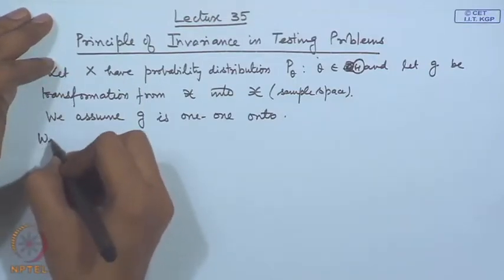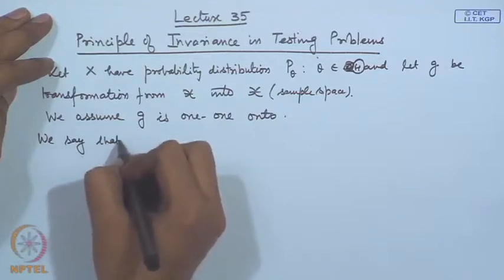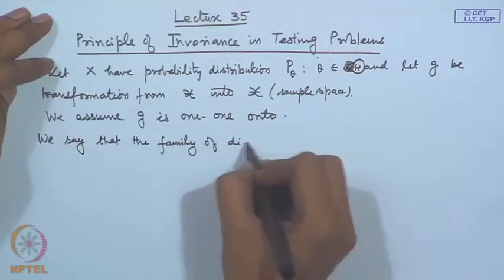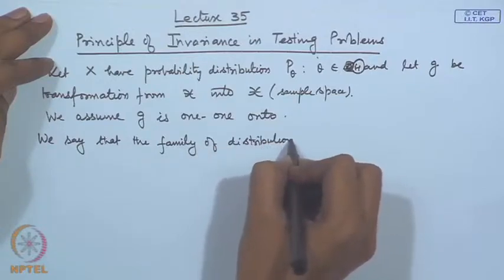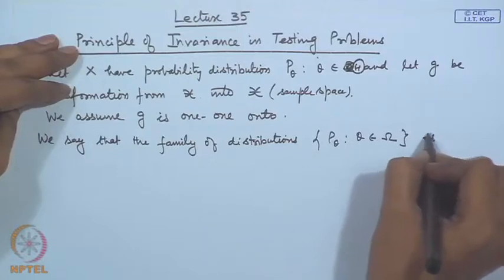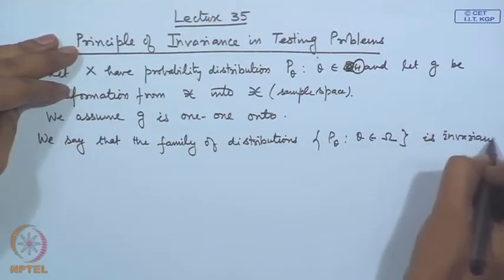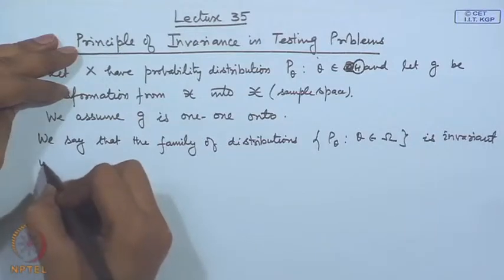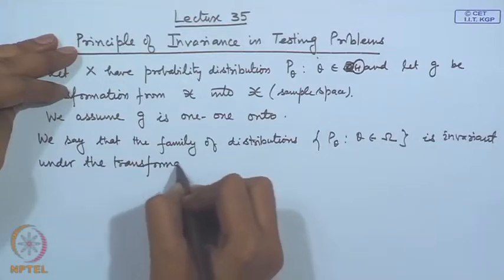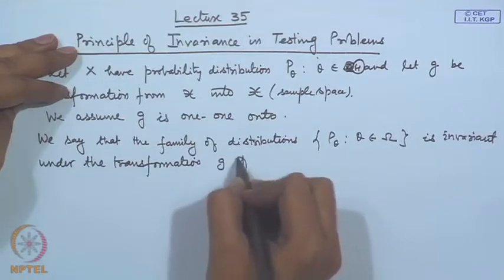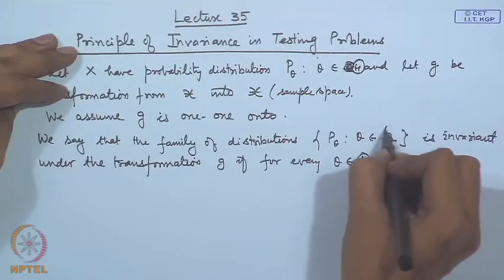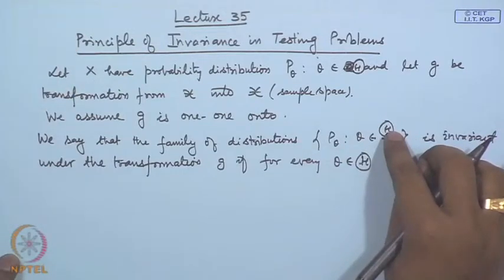So we say that the family of distributions p theta, theta belonging to script theta, is invariant under the transformation G if for every theta belonging to script theta, this is actually script theta as the parameter space,